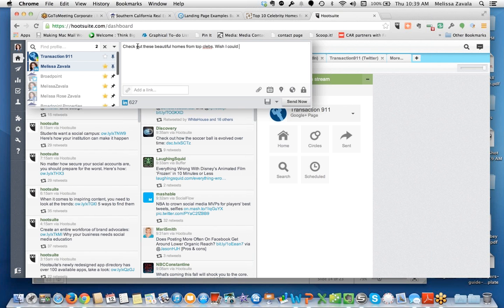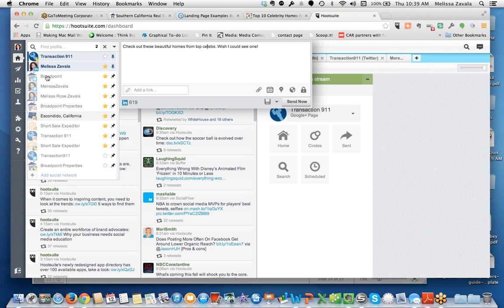Wish I could see one, let's say. All right, I spelled celebs wrong. Okay, so here's what's going to happen. So where am I going to put this? I have all these things linked for me. I'm just going to put it on my